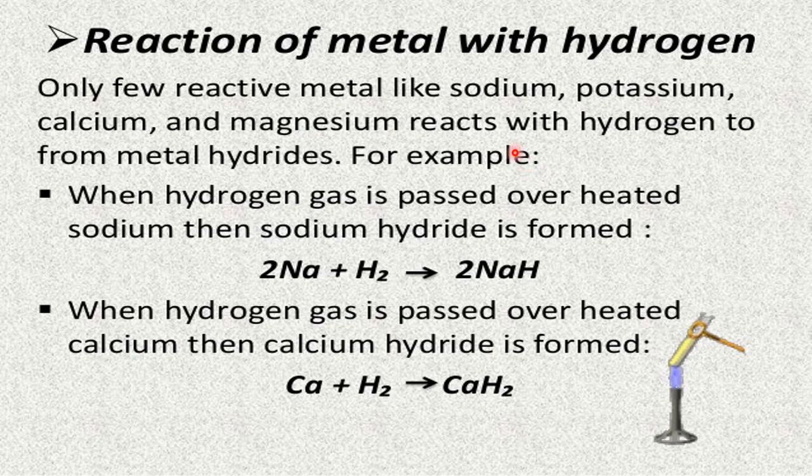hydrogen with metal: sodium hydride, potassium hydride, zinc hydride. Any metal with hydrogen gives the corresponding hydrides, and they are solids. So that means hydrides play a very important role. Why? We can't store hydrogen gas because it is very unsafe, it is highly reactive. But hydrogen can be stored by reacting it with the metal.